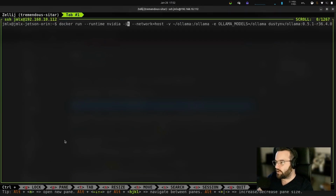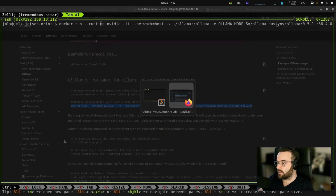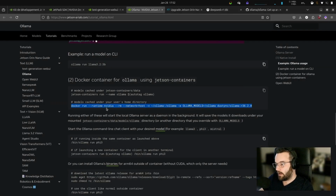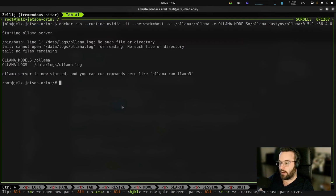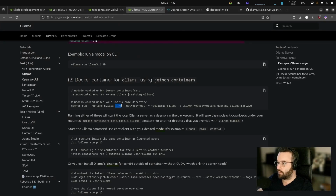So, after a few minutes of searching, I finally found out how to launch Ollama directly with Docker. It's the command line that's suggested in the NVIDIA documentation. Just remove the --rm, and I switched it to have an interactive terminal and make sure I can type commands inside. And so, once I type that, I can directly run Ollama to be able to get the model I want. And so what I wanted to test was the